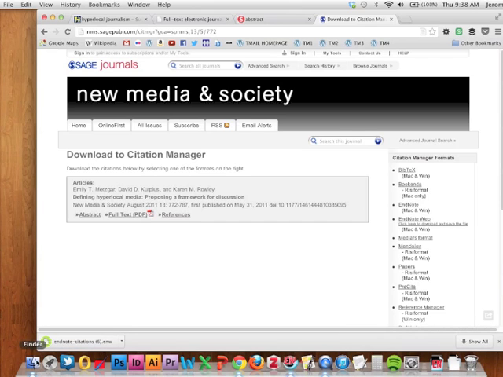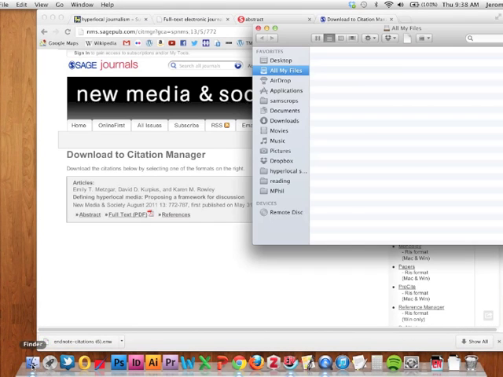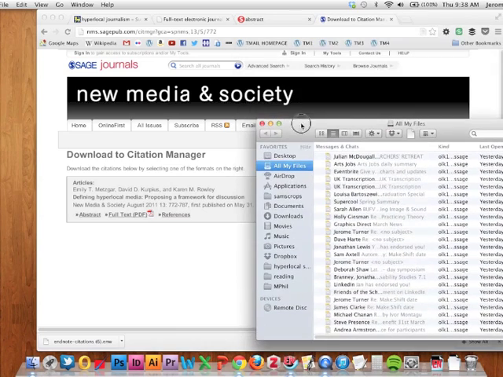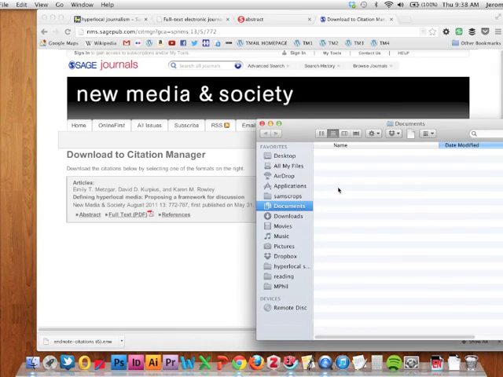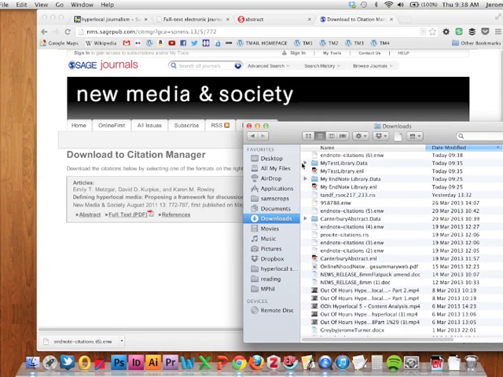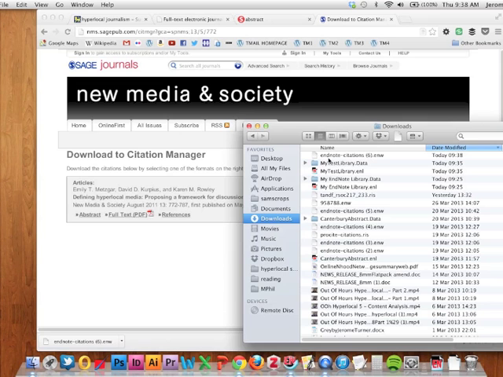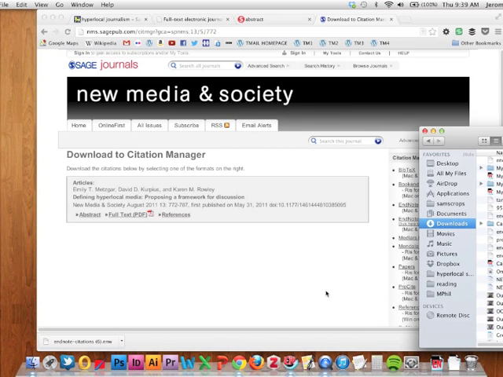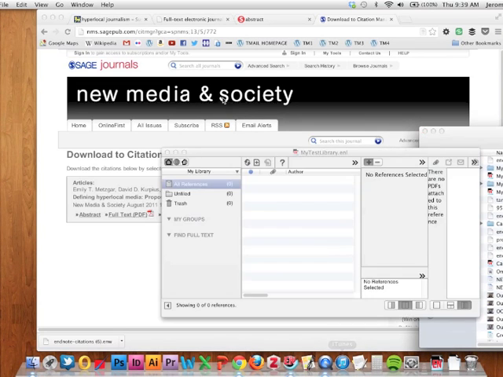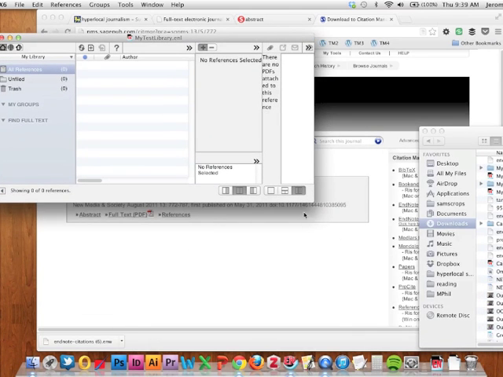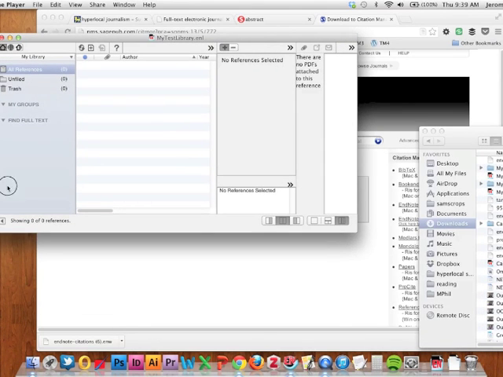So that's downloaded this here to my downloads, so I can see that at the top there. And actually, remember, this is where the library is as well, so that's quite handy in a way. So that's there. So then if I go back to EndNote, so this is the new library that I've opened, remember,